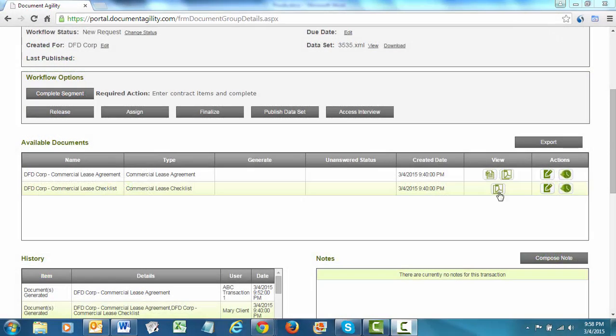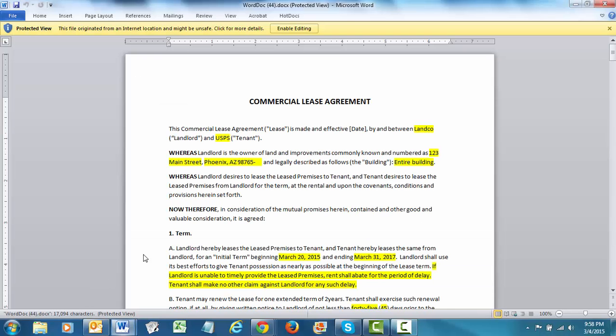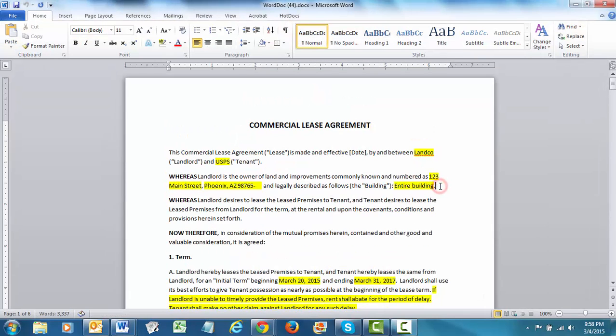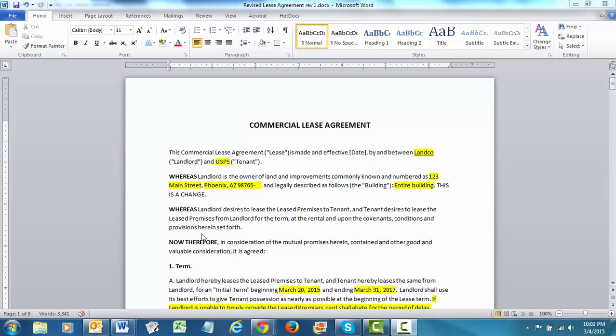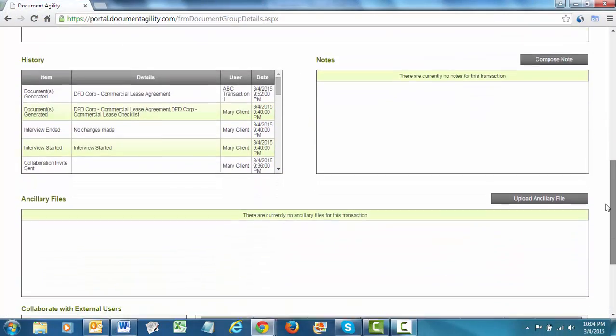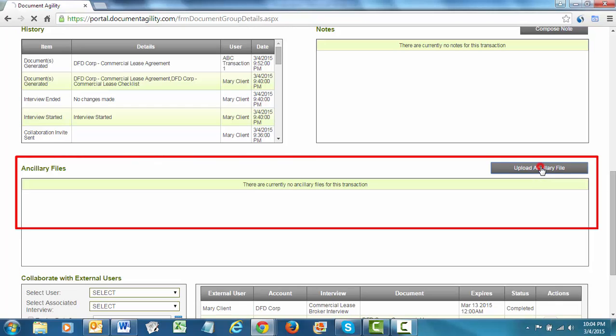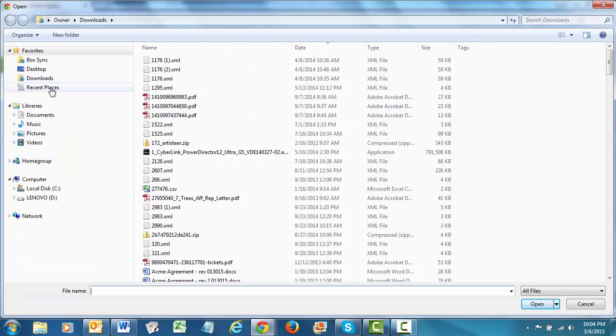Most documents are negotiated and require manual changes, and Document Agility can make this process a lot more organized. Let's say I'm going to send this particular document to outside counsel, and they're going to make changes. If I save my document to my desktop, I can then upload the document through the Ancillary Files module. I'll simply give it a name, choose the file that I saved,